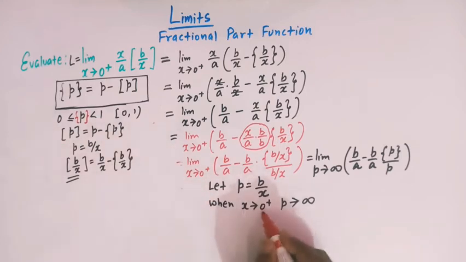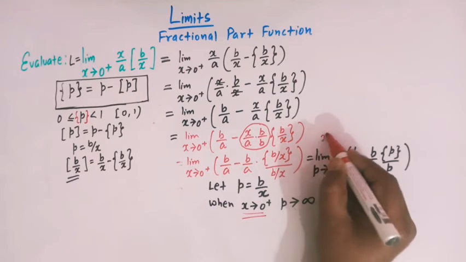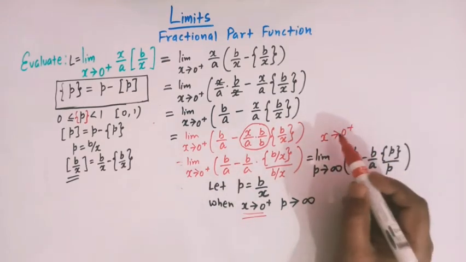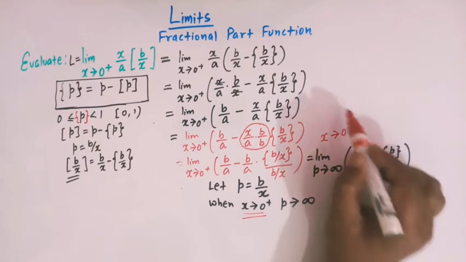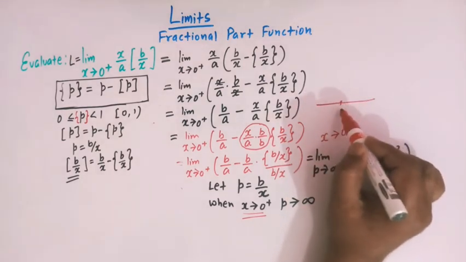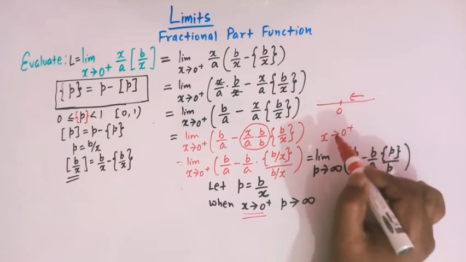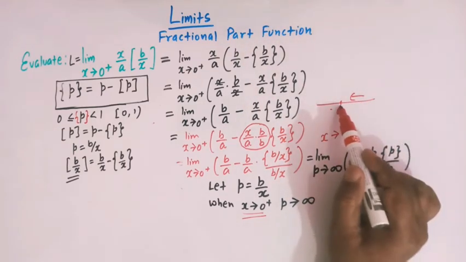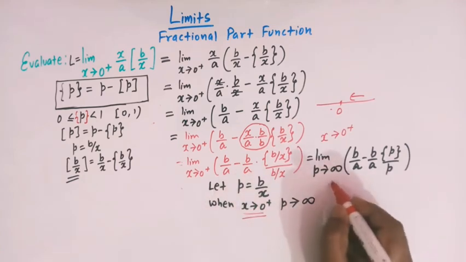And moreover, here see, we are given x tends to 0 positive, right? So it means x approaches 0 from the right of 0, right? So x approaches towards 0 from the right hand side of 0,